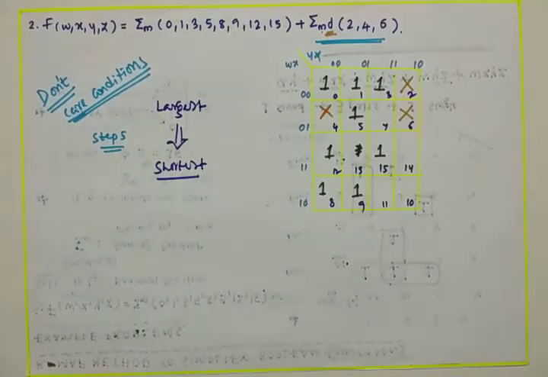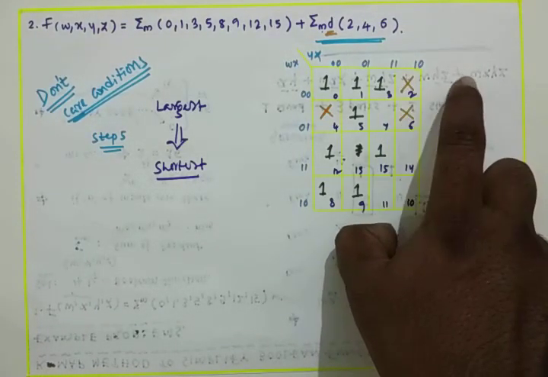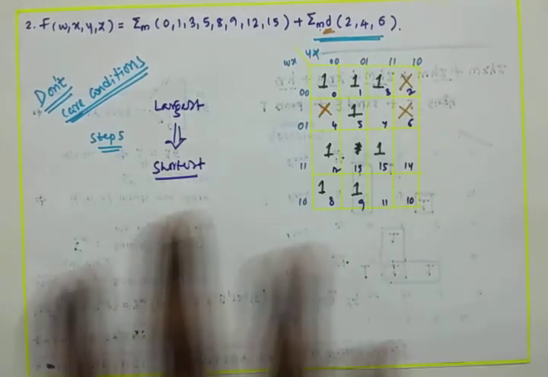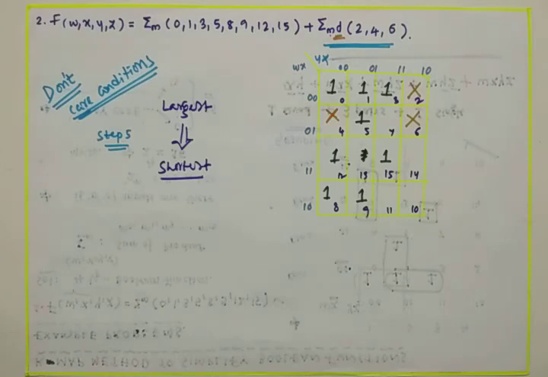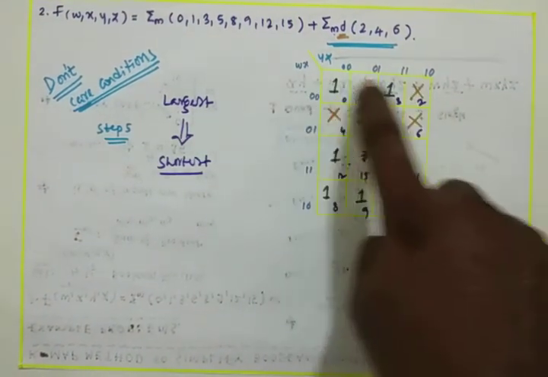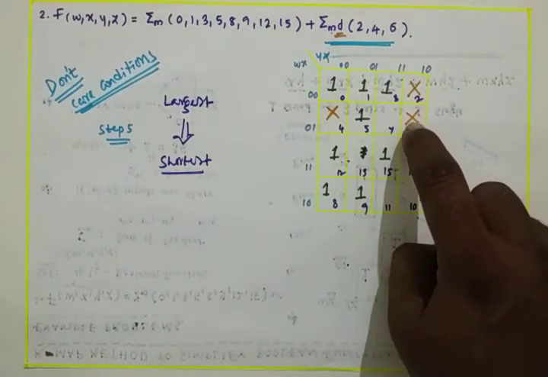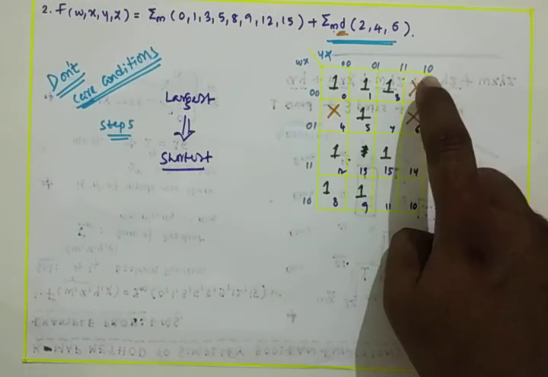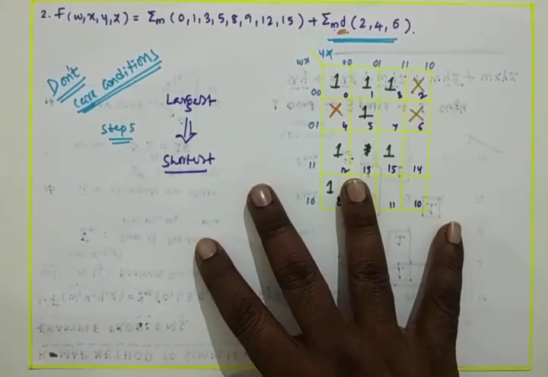Largest to smallest. For example, if I consider here, this is also 1, x may be 0 or 1, don't care is nothing but according to our requirement, we can consider that may be 0 or 1. If I consider this is 1, I can form a quad with the 4 ones, and if I consider this is also 1, I can create one more group, so that no need to go for another group.